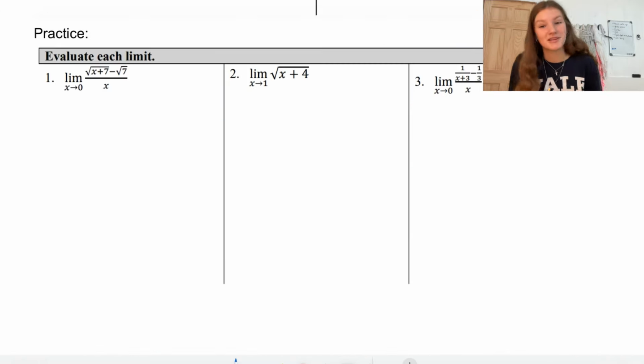Okay, guys, so to sum things up, we just learned how to rationalize functions with radicals and find their limits, and how to find the limit of functions with complex fractions. Here are some extra practice problems if you guys want to screenshot this and work on your own, because we went over the basics. You can still practice that,